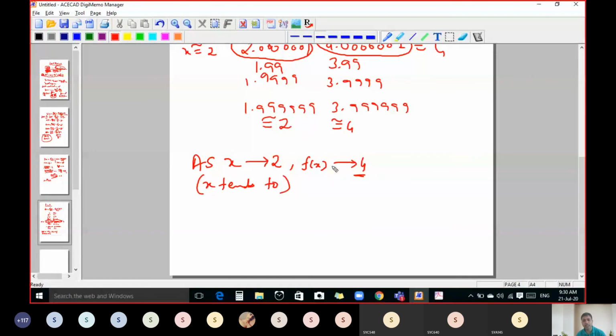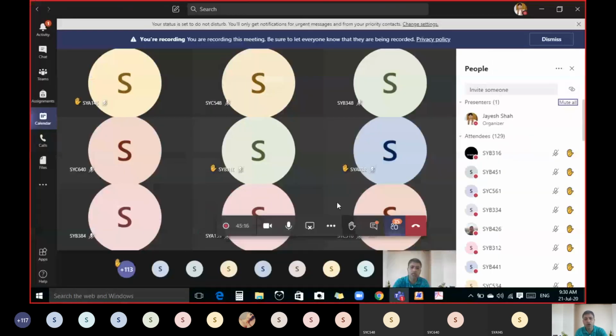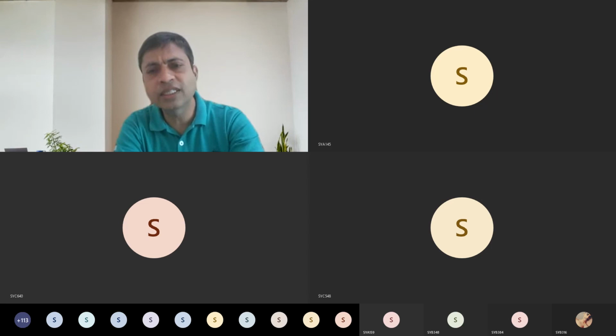So we can say that the limiting value of the function when x is 2 is 4, and it is denoted by limit x tends to 2 f of x equal to 4. So we can say that this 4 is the limiting value of the function, and it is nothing but the definition of limit. So today we just discuss about the definition of